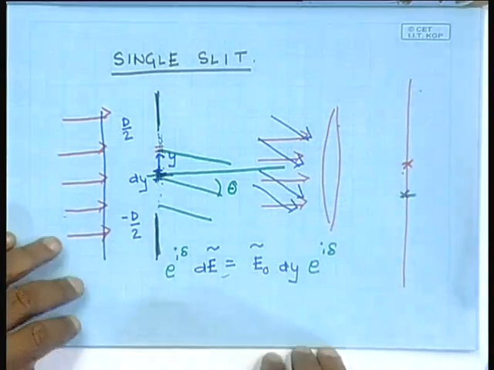So this is what the phenomenon of diffraction is all about. You have these fringes produced whenever you place an obstruction in the path of light. Whenever there is an obstruction in the path of light, there will be a fringe pattern, as you have seen, which is going to be produced. Each point in the aperture, each point which is not obstructed, is going to act like a source for a secondary wave,